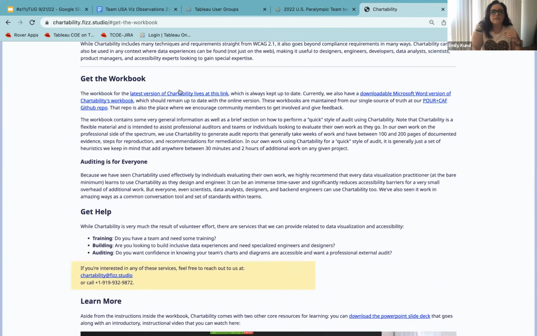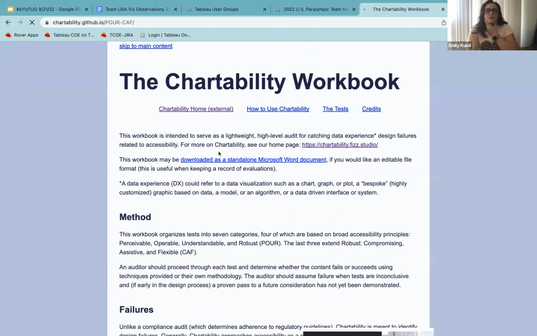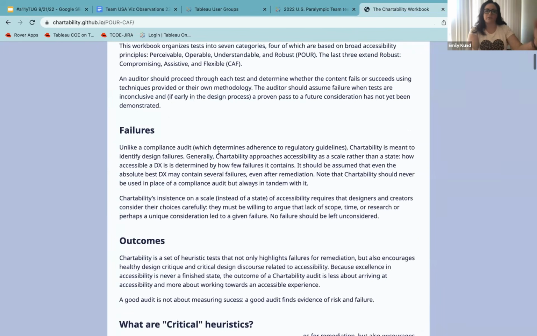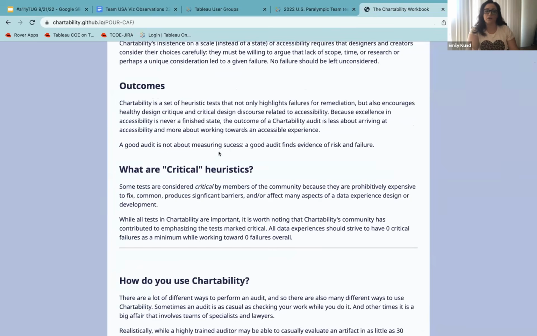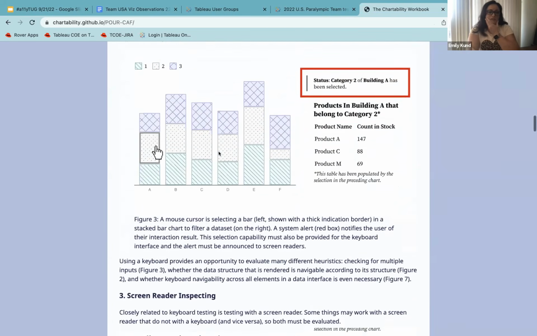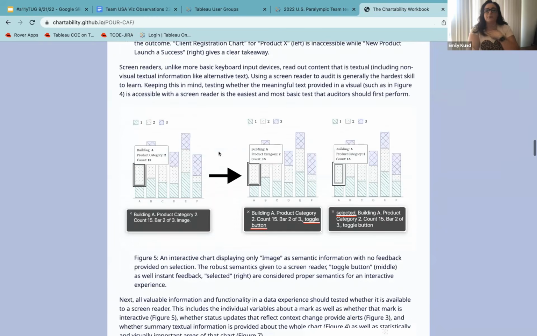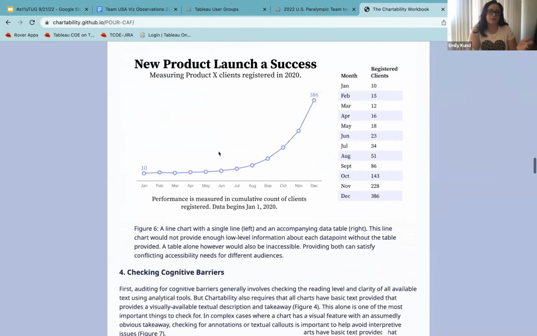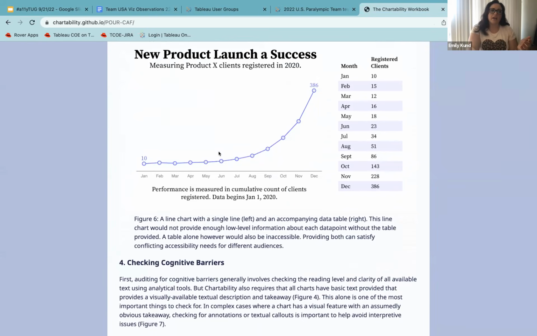But you can get Chartability, yeah, there we go, where it talks about the method, the failures, the outcomes, what's critical, how do you use it. He's actually improved it since it first came out, but you have a set of heuristics that you can check. And I think it does a very good job of helping you understand what's required based on WCAG,